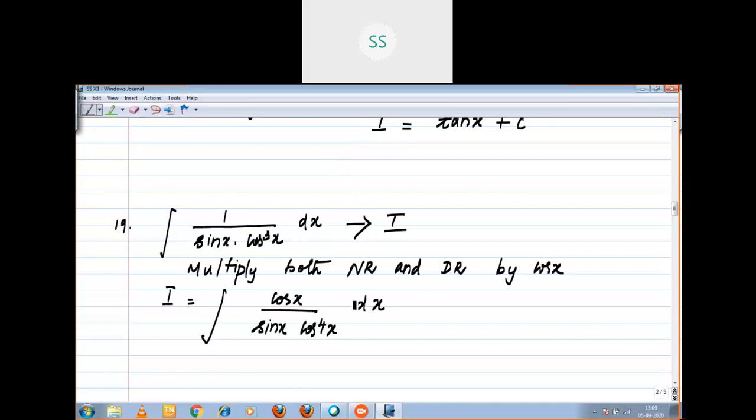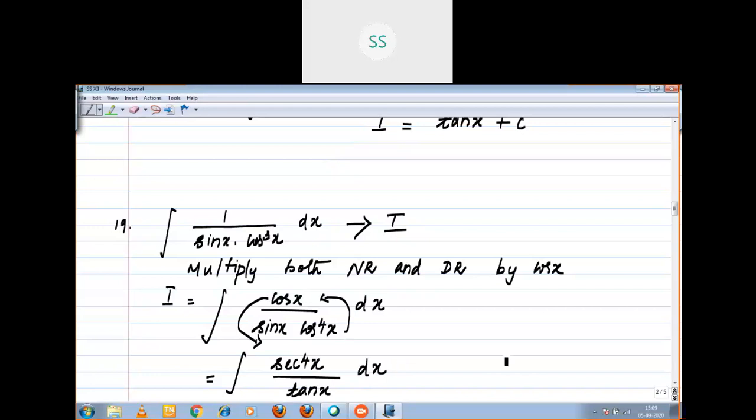I told you, I want to convert the given integral in terms of tan and secant square. Now you see how I'm going to divide the cos. I'm going to bring this one down to the denominator, and this one I'm going to shift to the numerator. What it becomes? Secant power 4 x divided by tan x, that is sin x divided by cos x.